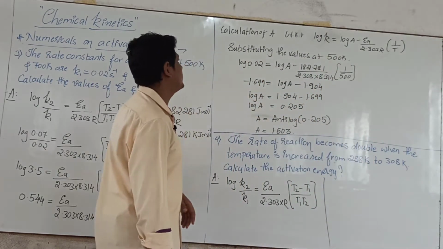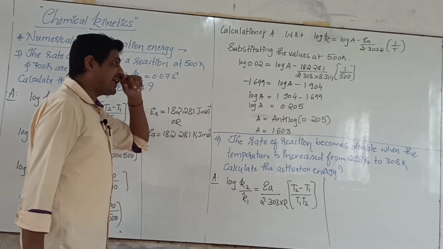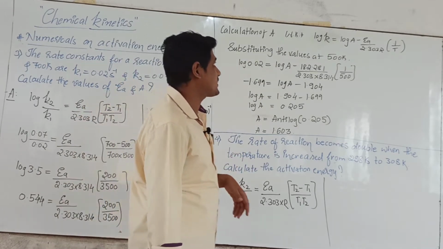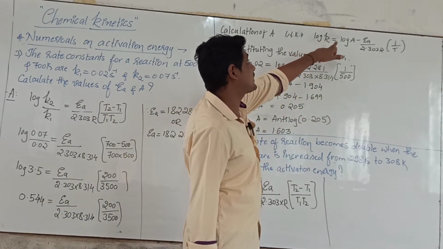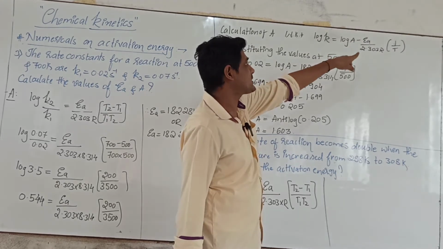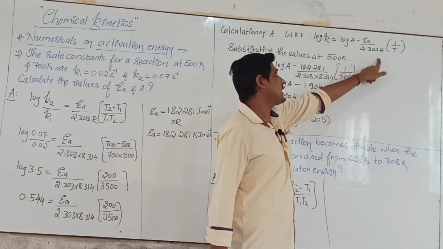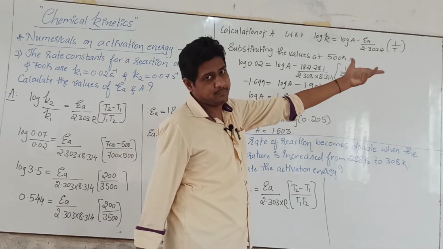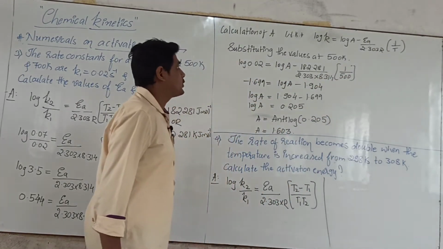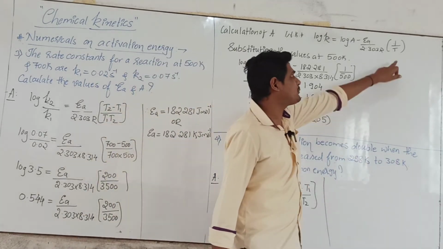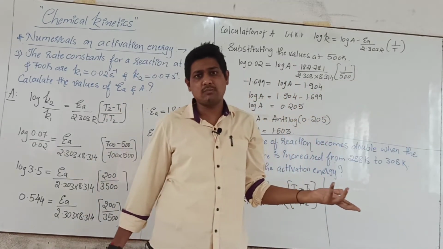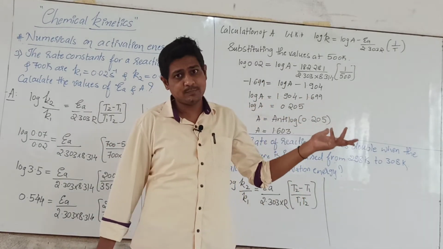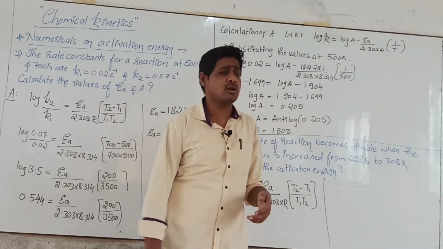So once we calculate the activation energy, next we have to calculate the frequency factor or Arrhenius constant. We will make use of the Arrhenius equation again, which is log of rate constant is equal to log of frequency factor minus EA divided by 2.303 R into 1 upon T, or EA by 2.303 RT, all the same. Then substituting the values. Now here only one temperature is needed, so you can use either 500 Kelvin or 700 Kelvin, the answer will be the same. So I will make use of 500 Kelvin.